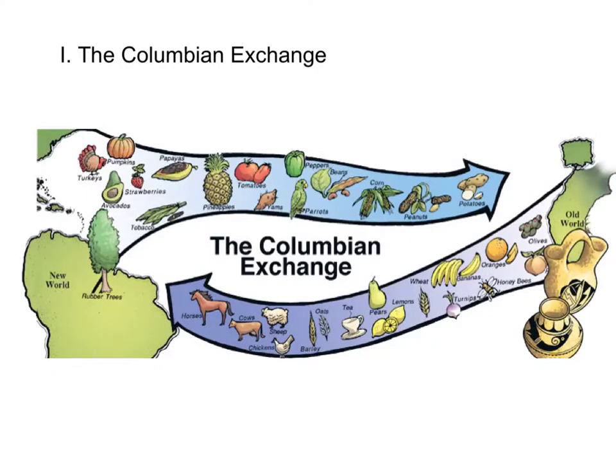Okay, so the Columbian Exchange, which was initiated by Columbus, thus Columbian, is basically an exchange of plants and animals and diseases between the Old World, or Europe, and the New World, which was North and South America. And so this is a good picture to give you an example of things that were traded from Europe to North America. Horses being one of the big impacting animals that was introduced, because especially in North America, there were a lot of tribes that were nomadic.